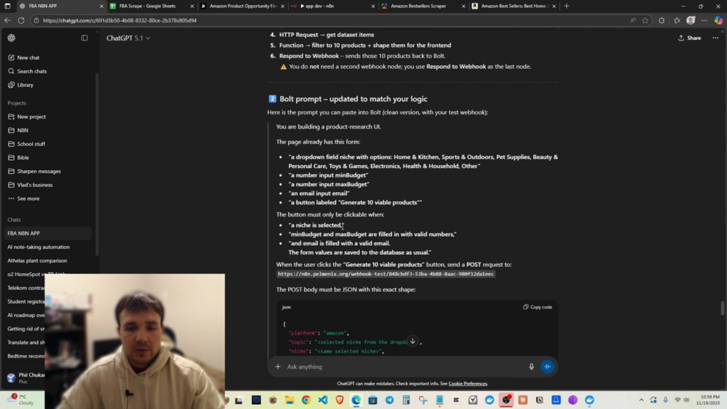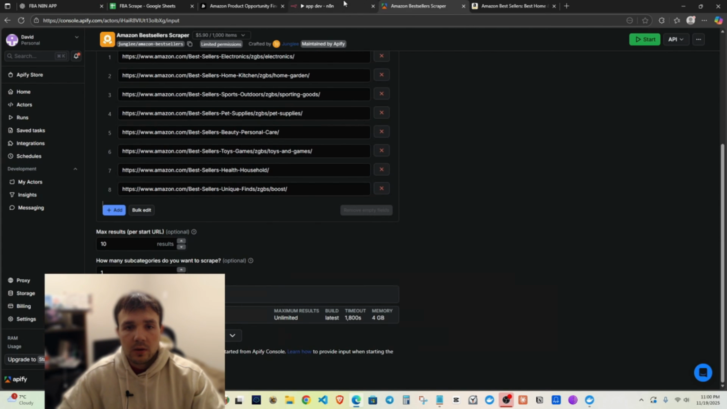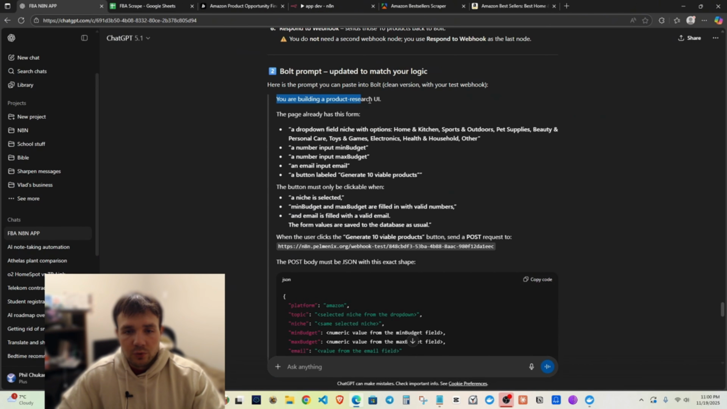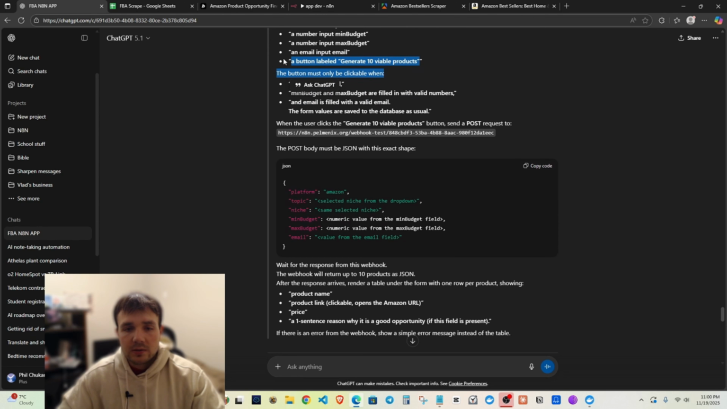I've asked ChatGPT to write me out a prompt. So here's how it's going to look. So this is how we're going to connect our webhook to Bolt. So reading, you're building a product research UI, user interface, a product dropdown: fitness, home and kitchen, beauty, suppliers, these are the niches, a number input, min budget, max budget, and email input, a label, generating 10 viable products. The button must be clickable when the niche is selected. Okay, when the user selects the generate 10 viable products button, send a POST request to